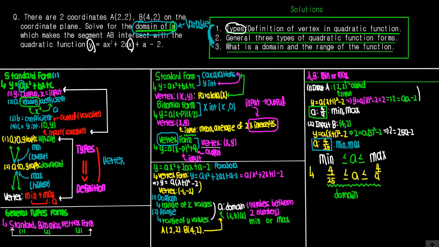The standard form was optimized when it comes to solving for the calculations and the y-intercept, because the y-intercept is one of the calculations that we can use. But we know that standard form was not convenient for graphing the parabola, because we couldn't solve for the vertex (x, y), which is the most important point when it comes to graphing a parabola. Secondly, the binomial form was y is equal to a times (x minus p) times (x minus z),